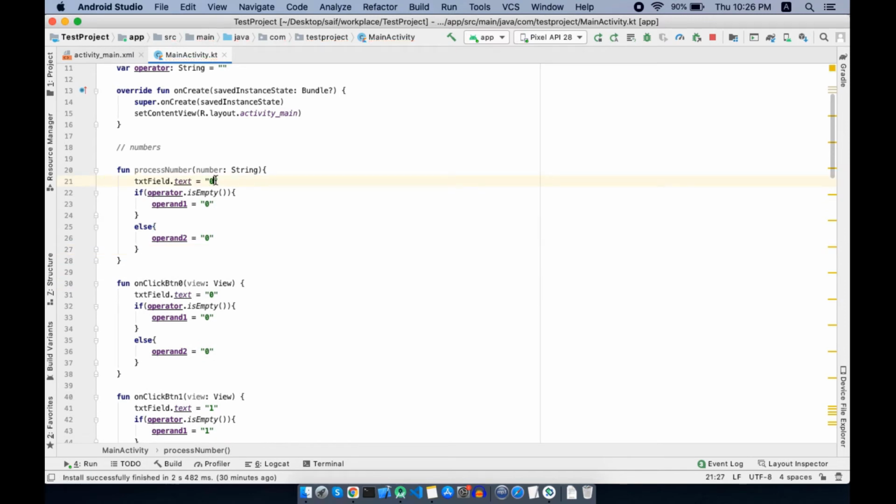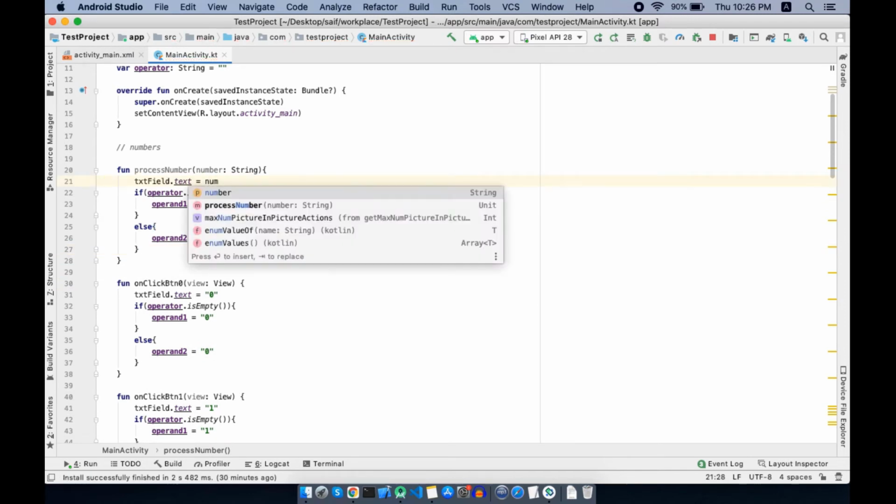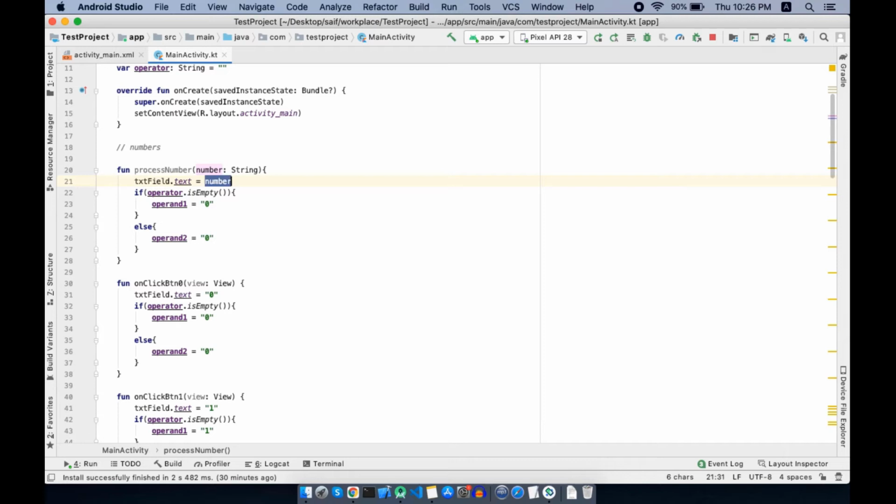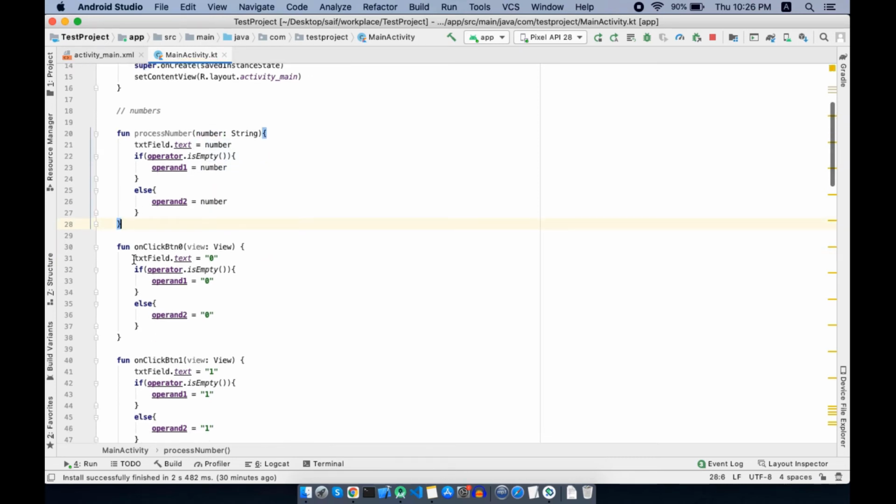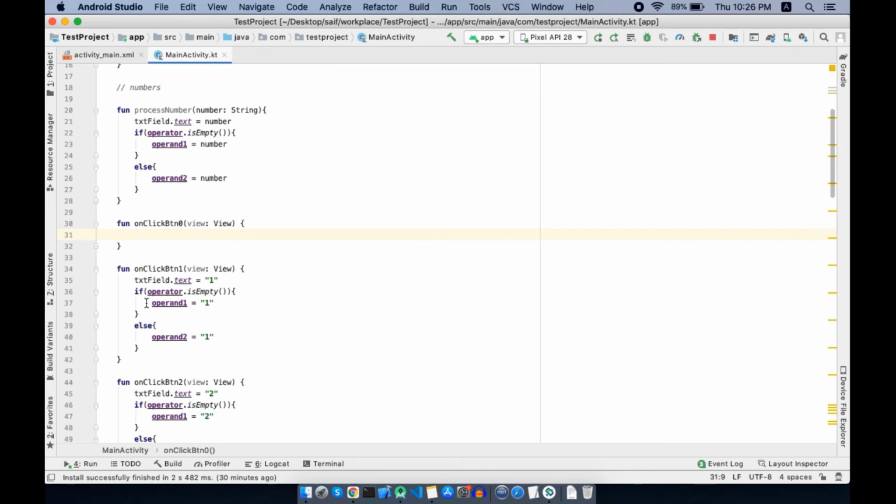Now instead of 0, I will type number and set this in all the places. Now I can remove this code and call the process number function, and here I will pass number 0.